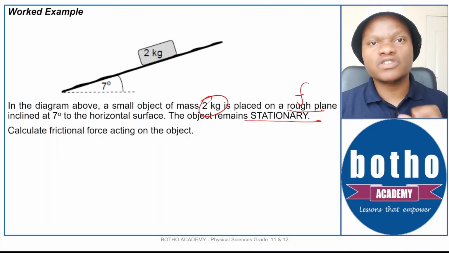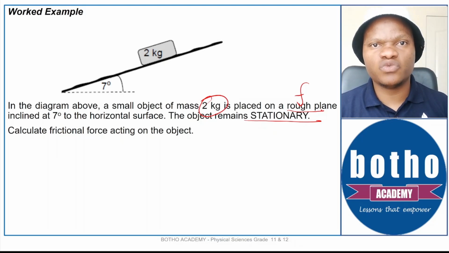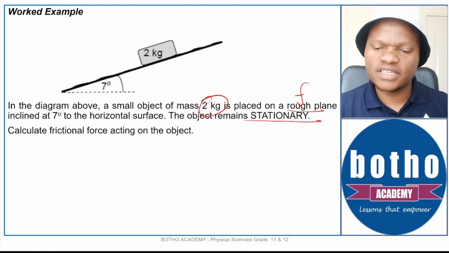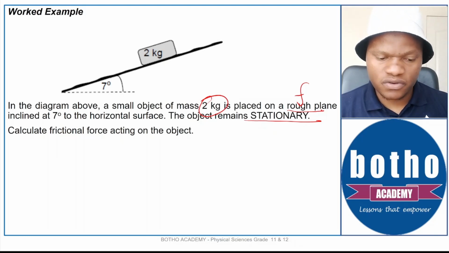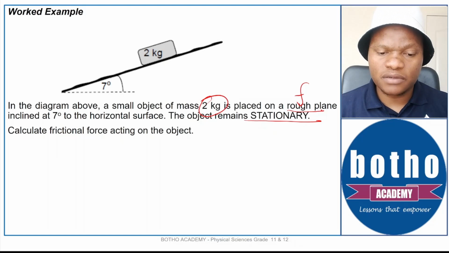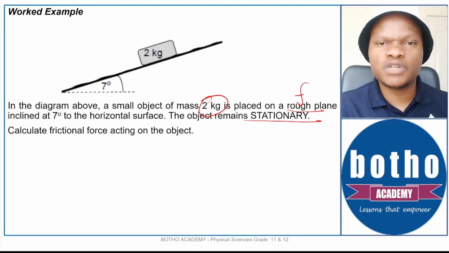Every time you see the word stationary, especially in questions that have to do with Newton's laws, that would be your question 2 of paper 1 if you're in grade 12, you know for sure that as soon as they say the object is stationary, it means that F net equals 0. Calculate the frictional force acting on the object. It's important for you to go back to the knowledge of free body diagrams, because here you have to understand which forces are acting along the same line and which forces are responsible for the object remaining